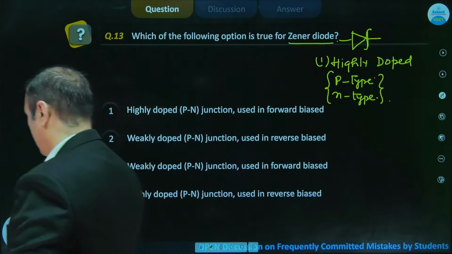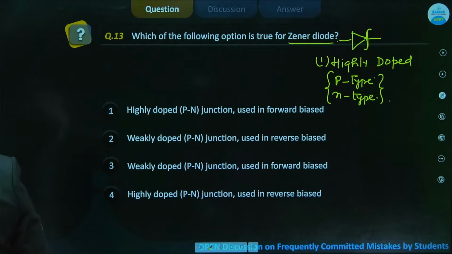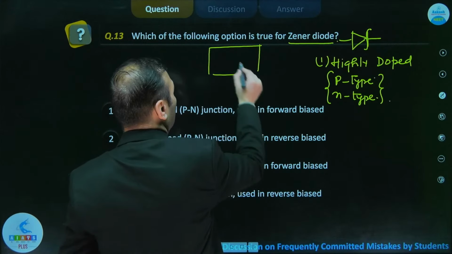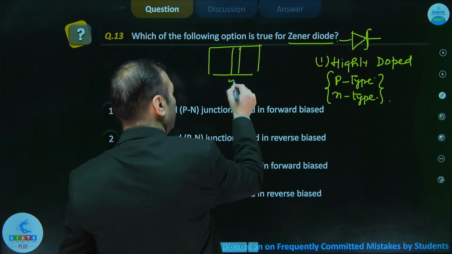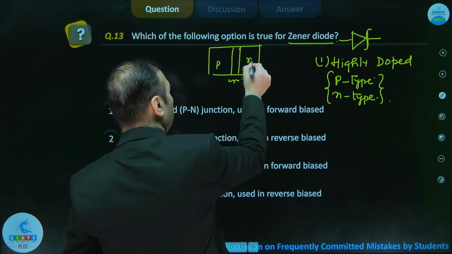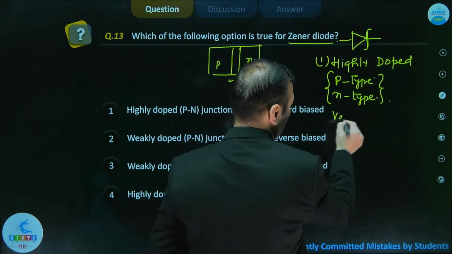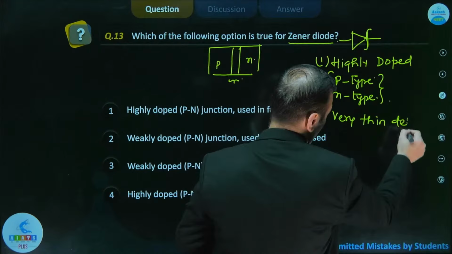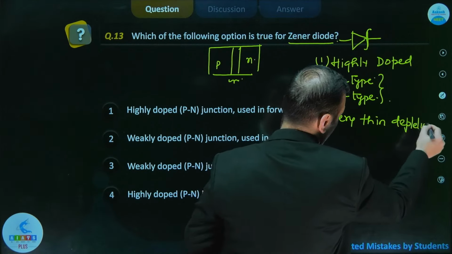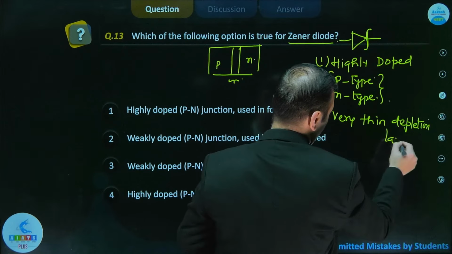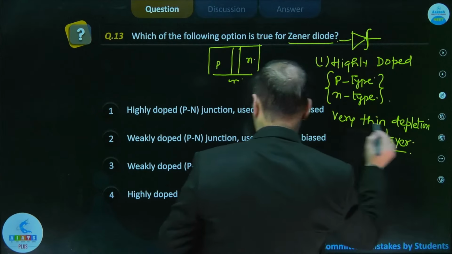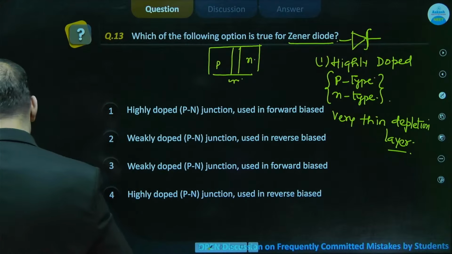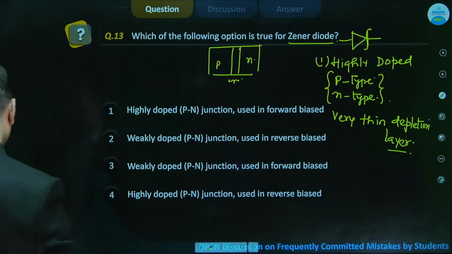So that you have a very thin depletion layer, very thin depletion layer. Got it or not? Right? Now, when you have a very thin depletion layer,